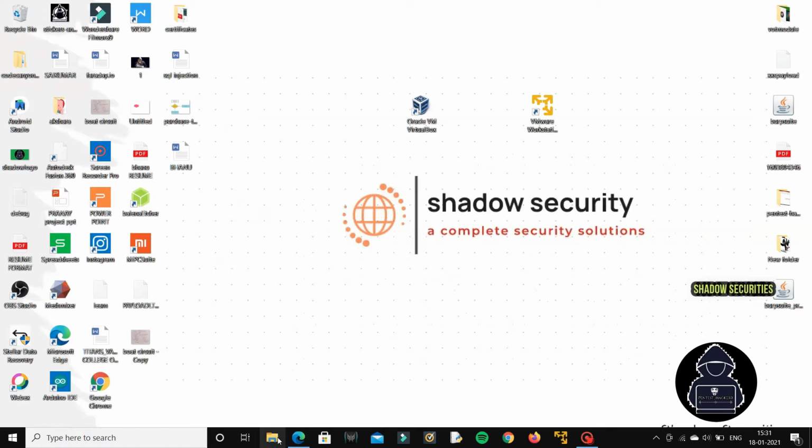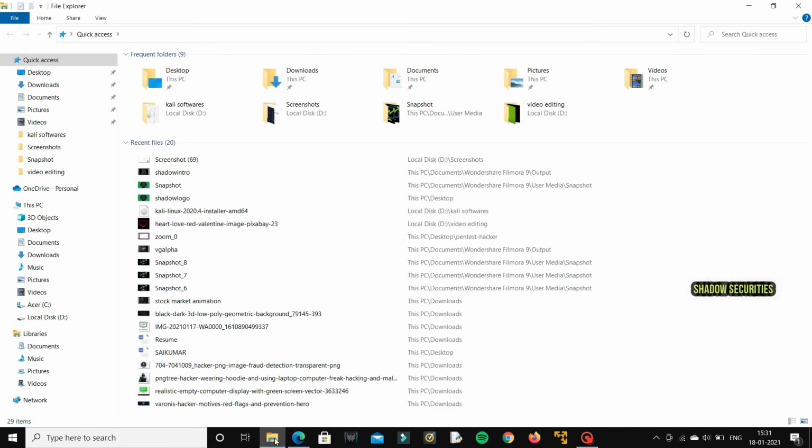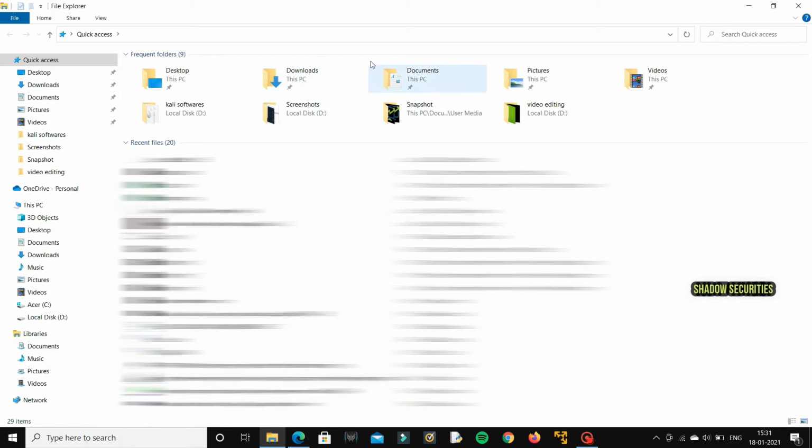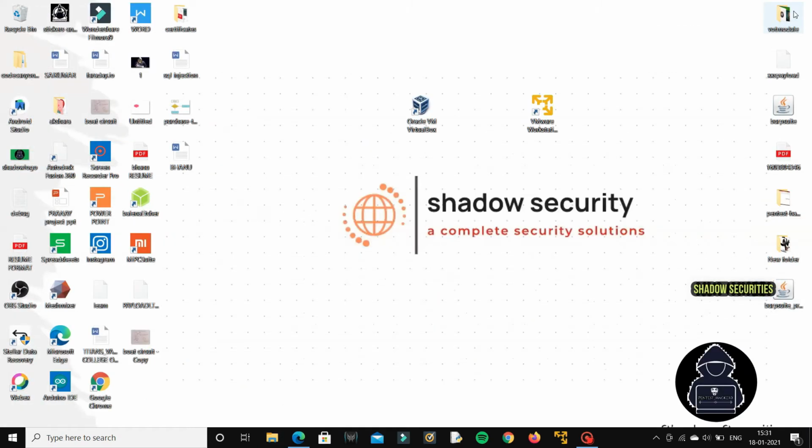After downloading this, all these things will come into your downloads. You need to open your files, and in downloads you can see these two items. This is the VirtualBox installation file, and this is the extension file. Simply click on this and you will get some instructions. After that, accept all permissions, click next, and simply install it. VirtualBox will be installed on your system.